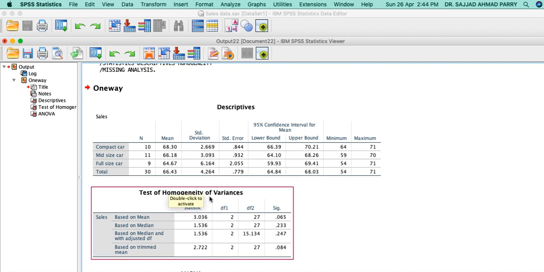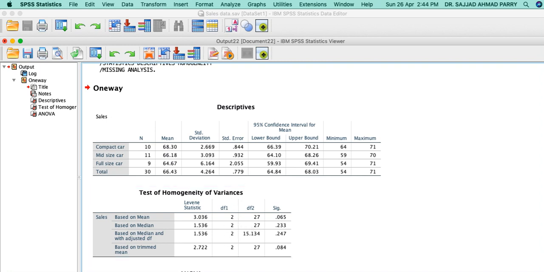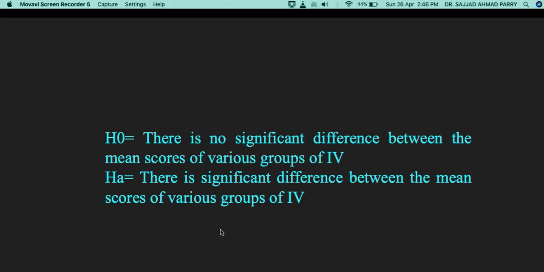Now in the test of homogeneity, first of all let me tell you the null hypothesis for Levene's test: there is no significant difference between the variances of various groups of the independent variable, and the alternative hypothesis is that there is a significant difference between the variances of various groups of the independent variable.